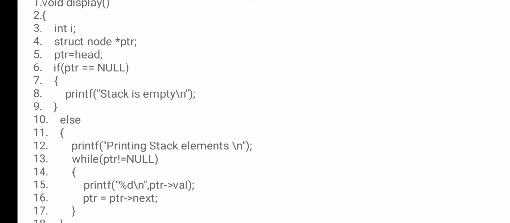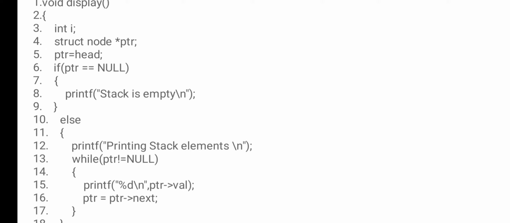That means we have to compare whether the ptr value is equal to null or not. If the ptr value is equal to null, then it is true, and it simply prints stack is empty. I mean there are no nodes present in the stack, and there is no way to print the elements in the stack. If the stack doesn't contain any elements, is it possible to print?